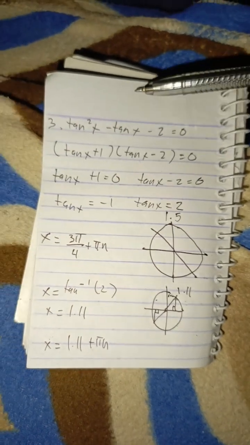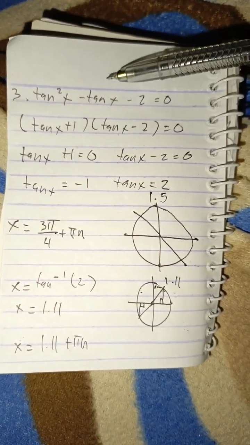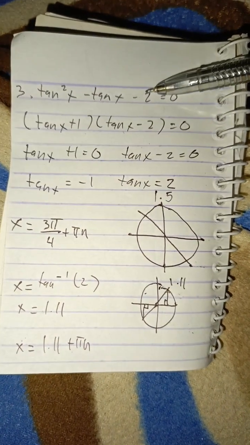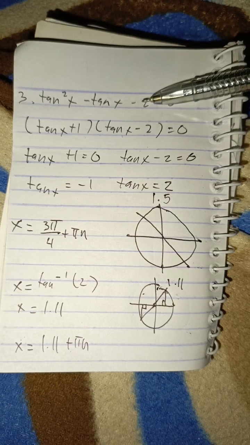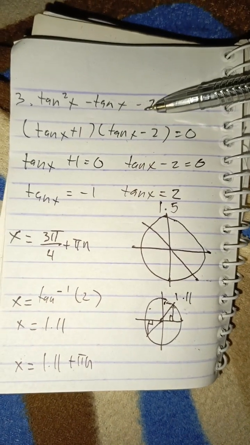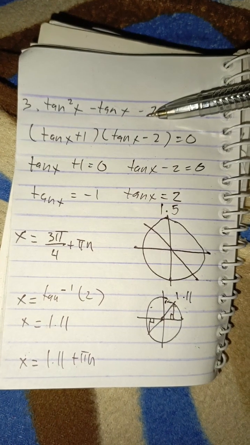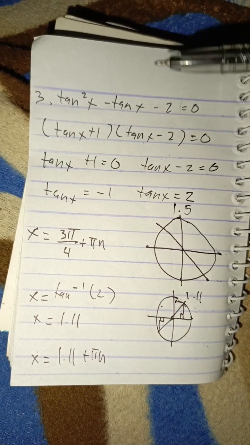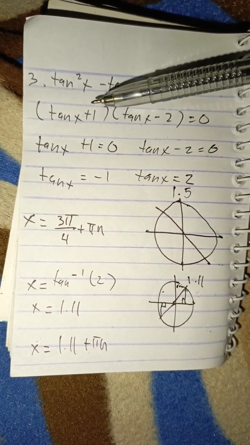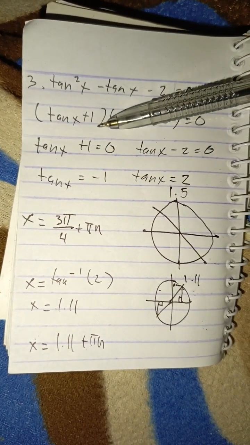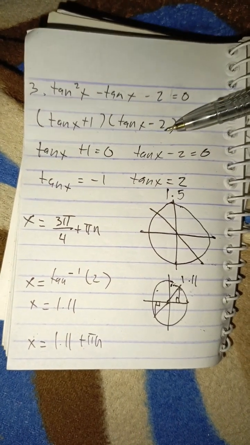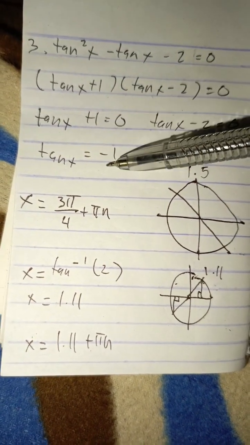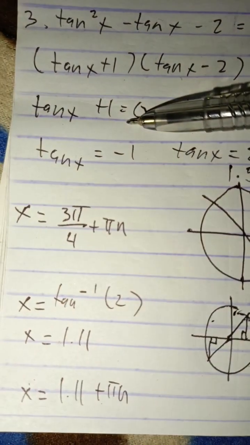Now, the factors of negative 2 are 1 and negative 2. Now, you have the higher here, which is the tangent negative 2. So, you will have the larger number as the negative value. So, we have here the factored values, which is tangent x plus 1 multiplied by tangent x minus 2 is equal to 0. Now we are going to use the zero property for us to get the final answer for this. Here it is.